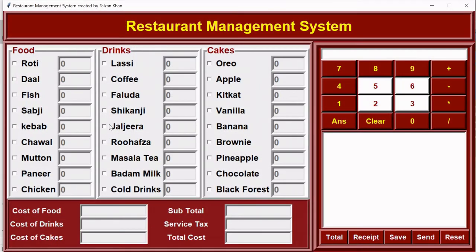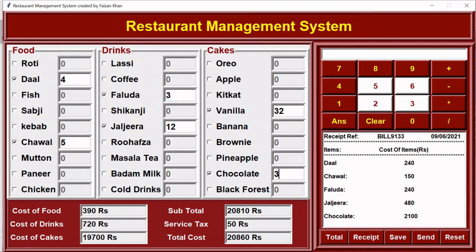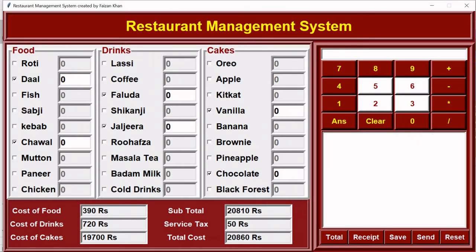Let's see. If you select these entry fields and they have some quantity other than 0, like this, total receipt, right? Now if I click on this reset button, you can see 0 is set everywhere.